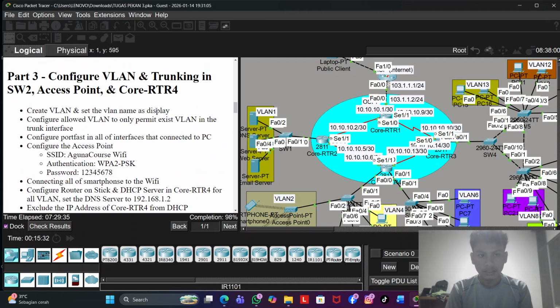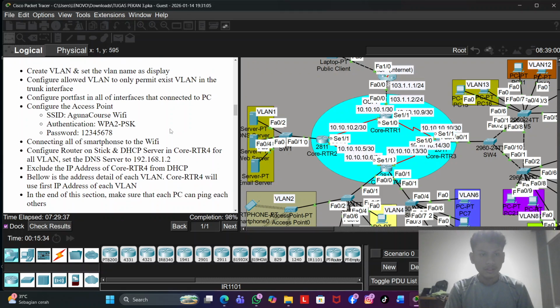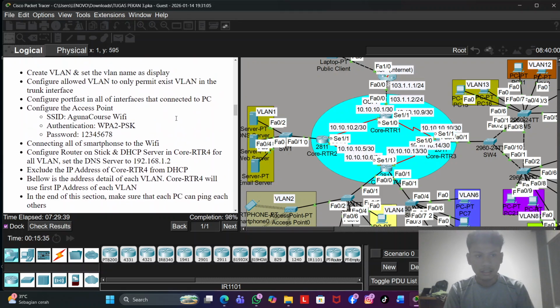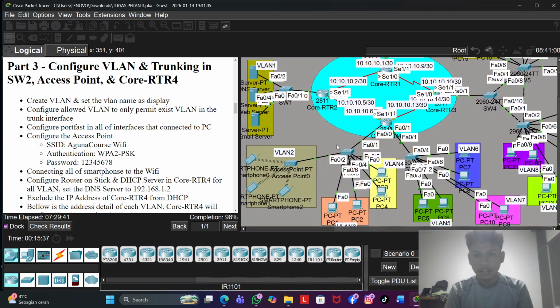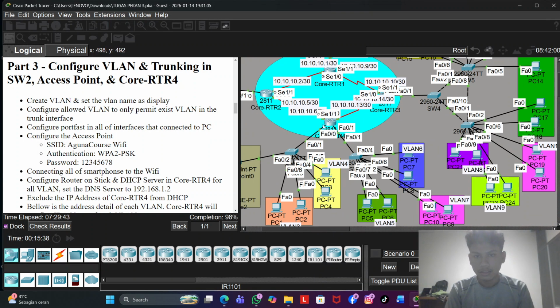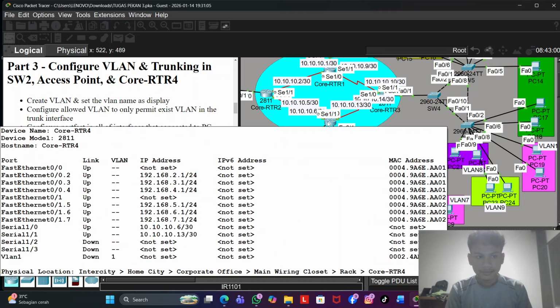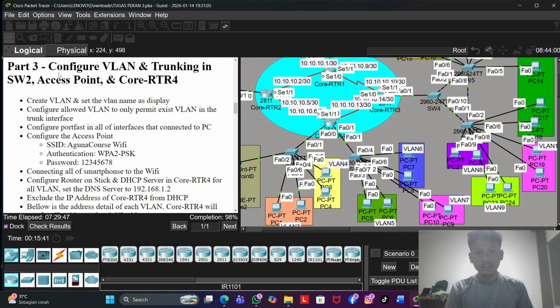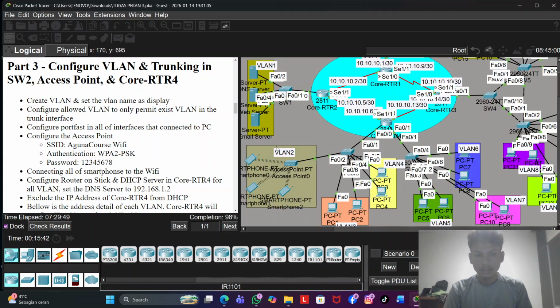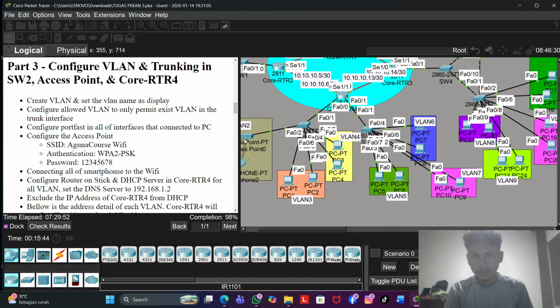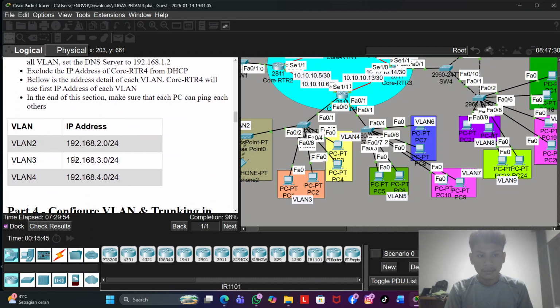Same as the part 3. In this part I config the core router 4. Here the core router 4. And then the switch 2 and access point. So I config all this VLAN 2, VLAN 3, and VLAN 4. So same as the part 2.